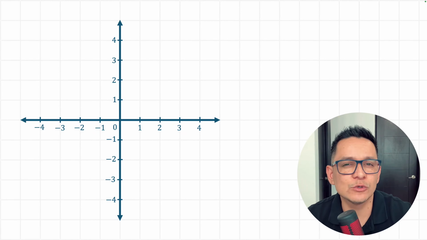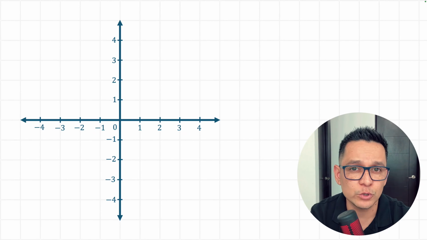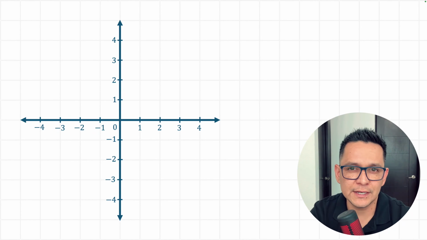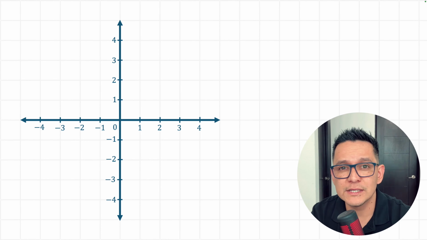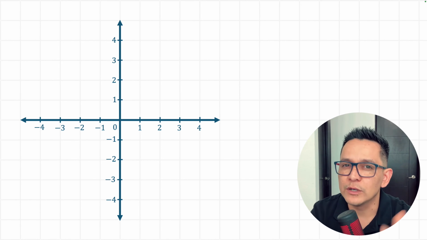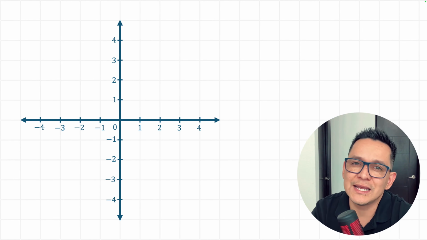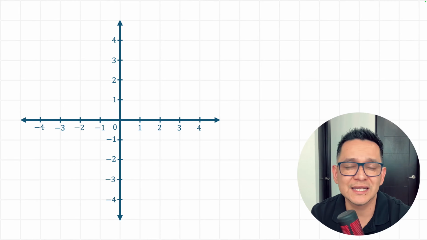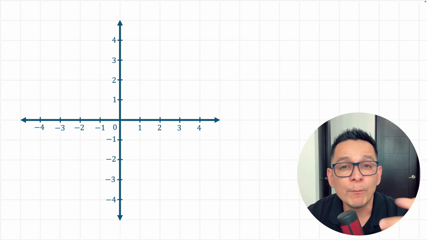It's very common on entrance exams for high school and especially for university. They give you a graph and ask you to determine which function corresponds to that graph, or the other way around, they give you a function and ask you what the graph of that function would look like. Whichever of those two things it is, students usually take a long time solving them, because what they usually do